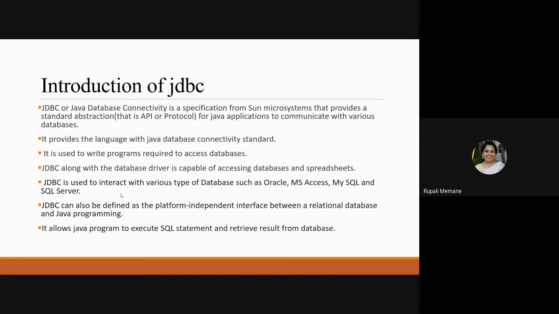So you are going to write your SQL queries in the Java program, and then you are able to create a connection between the backend PostgreSQL and the Java interface. So this is how JDBC is going to play its role. Fine. So this is a brief introduction of what you mean by JDBC, Java Database Connectivity.